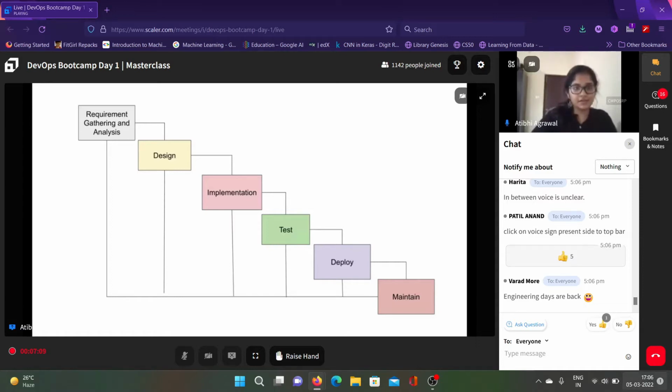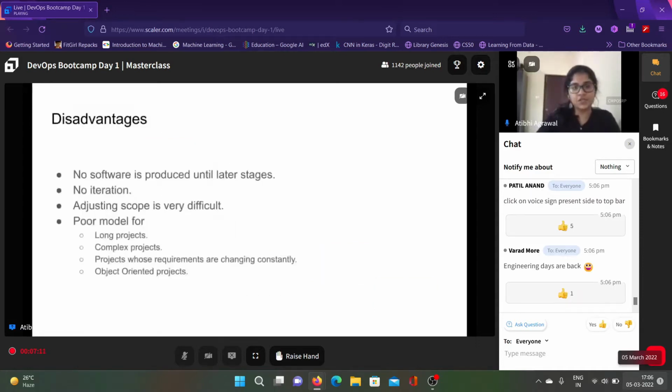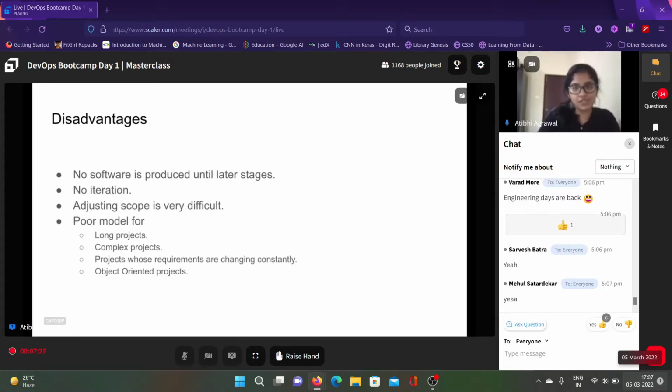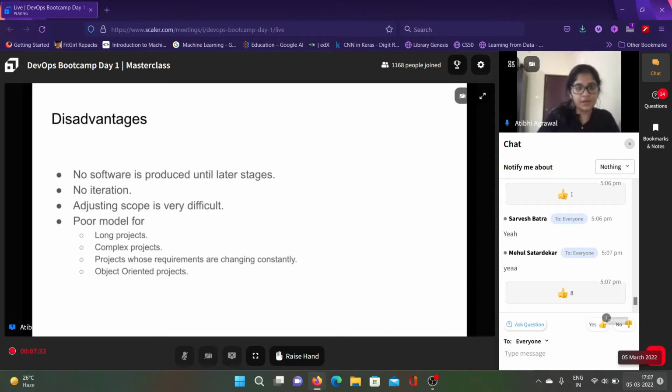So let's get into the disadvantages. Let's say you have gathered requirements, and you go through the rest of the process, like designing, implementation, testing. And then when you're in the testing phase, your client comes and tells you that our requirements have changed, and you need to include some additional requirement. So what would you do? You would have to go back to the requirement stage and then do all these steps all over again